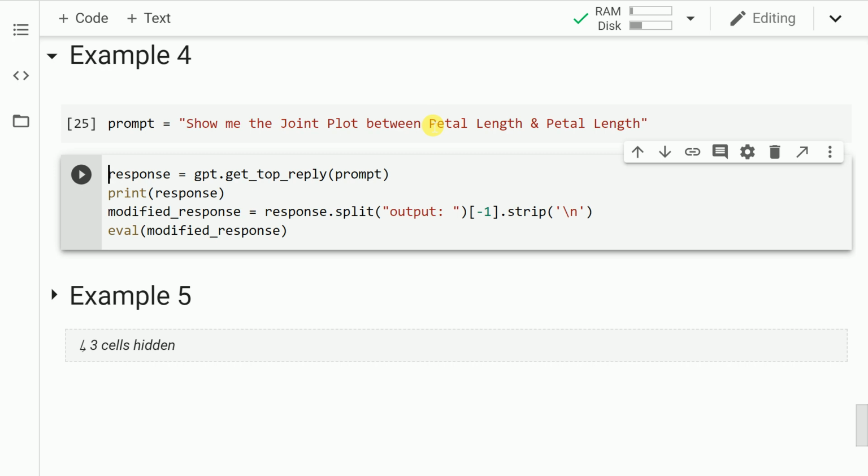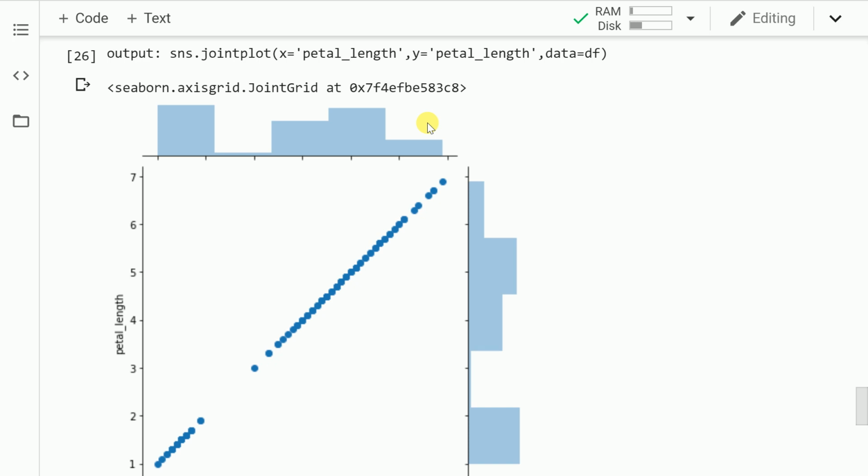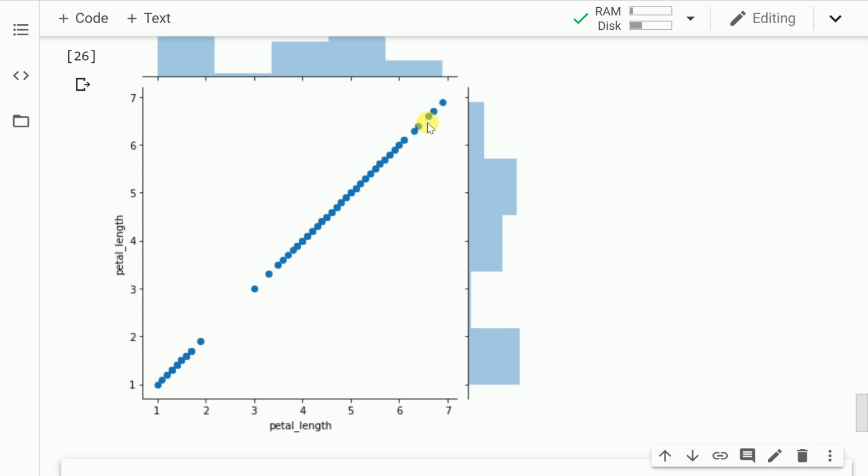So let me run the cell. As you can clearly see from the output, it was able to find out correctly that both my x and y values are of the column petal length. And this is the amazing visualization that we are able to create using GPT-3 and Matplotlib.